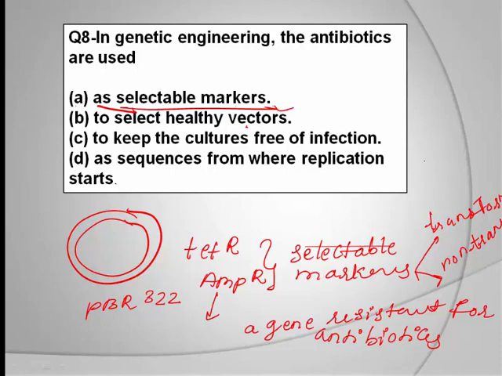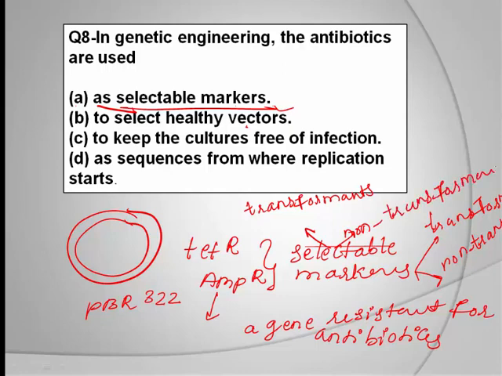Transformants and non-transformants. Once again, I will mark here. With the help of a selectable marker, it is possible to identify transformants, that is, the ones in which the rDNA plasmid has been taken up. What is that rDNA plasmid? Plasmid with desired DNA at its cloning site. The host cell in which it is inserted is a transformant, and the ones in which it has not gone in become